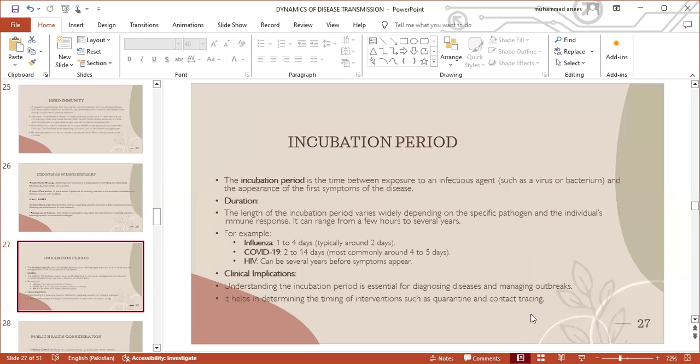Examples are influenza, which has 1 to 4 days of incubation period, COVID-19, 2 to 14 days of incubation period, HIV, it can be several years before symptoms appear. Clinical implications: it helps in understanding the incubation period. It is essential for diagnosing the disease and managing outbreaks, and also helps in determining the timing of interventions such as quarantine